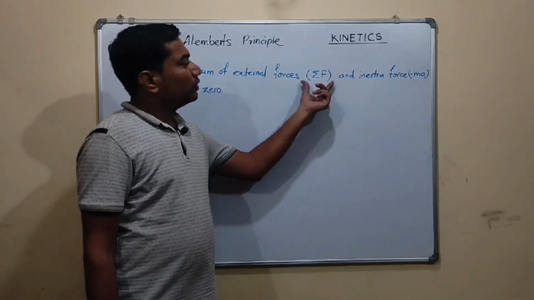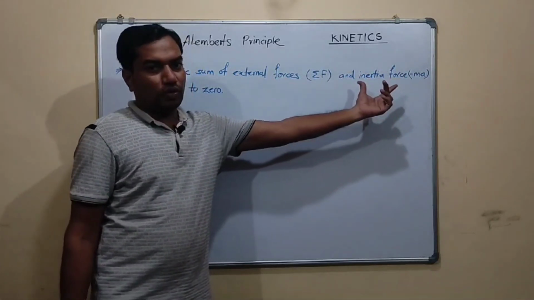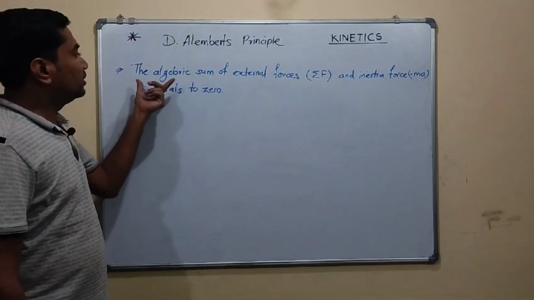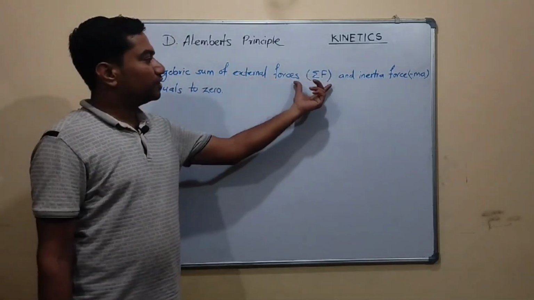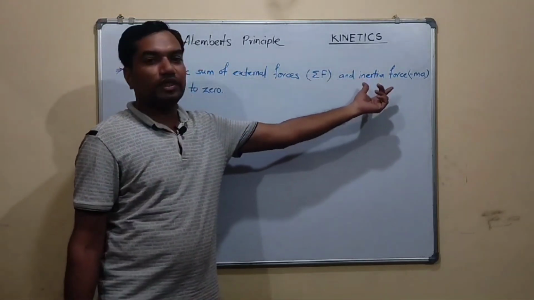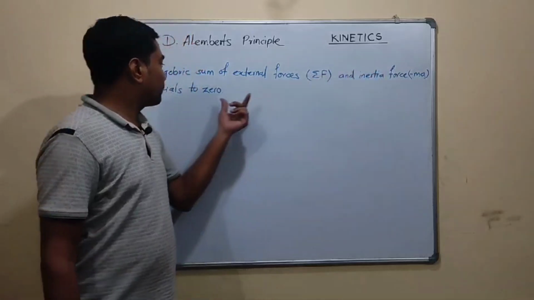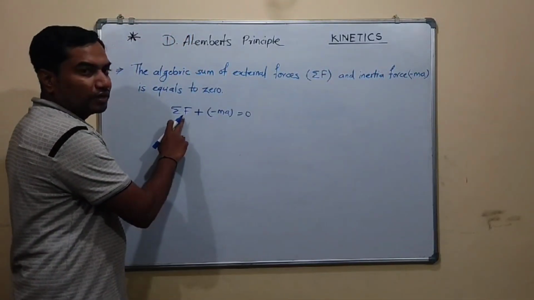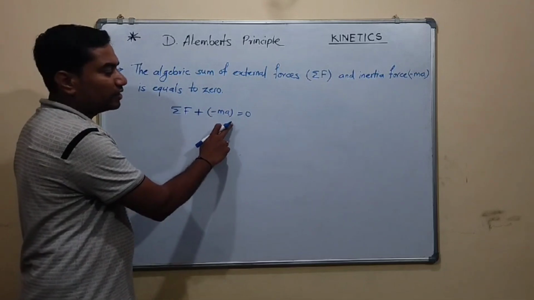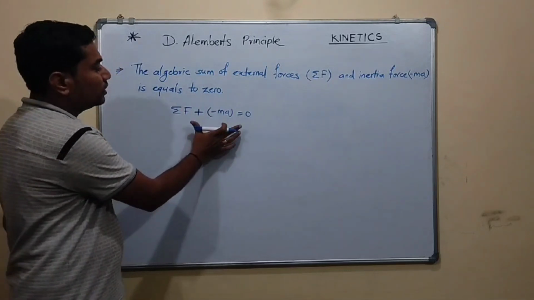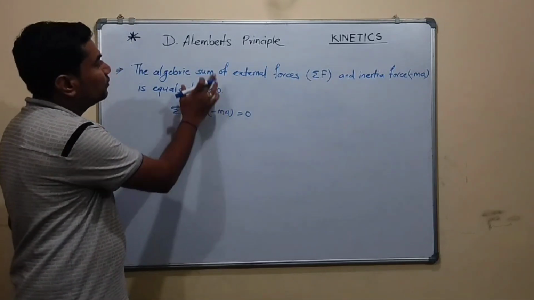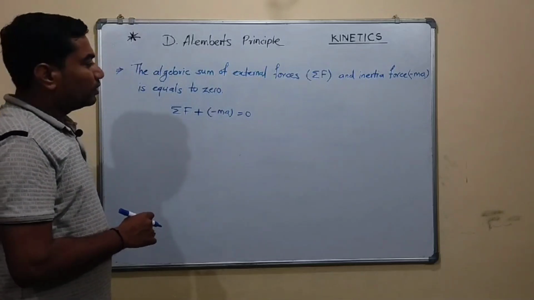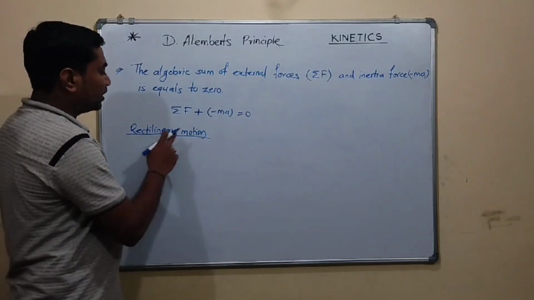In other words, the algebraic sum of the external forces, summation F, and the inertia force, that is minus ma, is equal to 0. So summation F plus minus ma is equal to 0. This is the mathematical expression of D'Alembert's principle. For a particle in rectilinear motion,